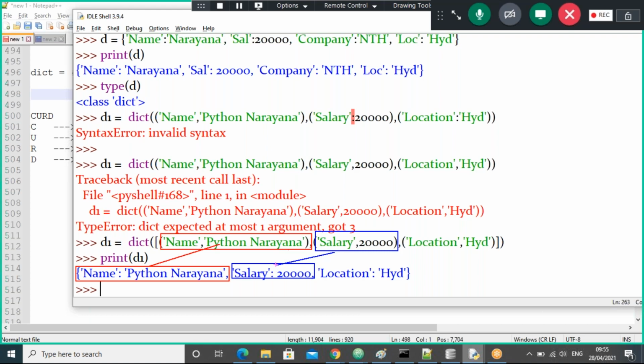The third item became the third key value pair, guys. So items to key value pairs conversion happened here when you create the dictionary by using the dict function.